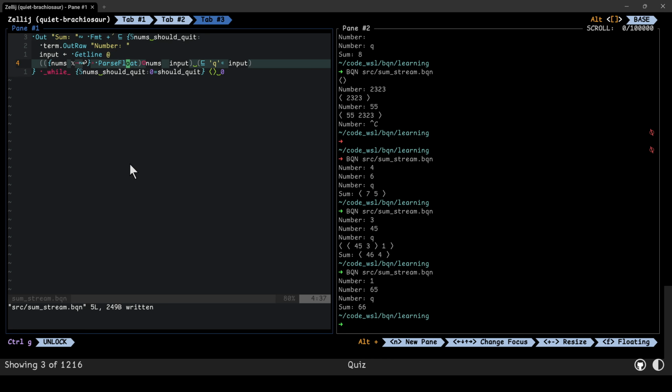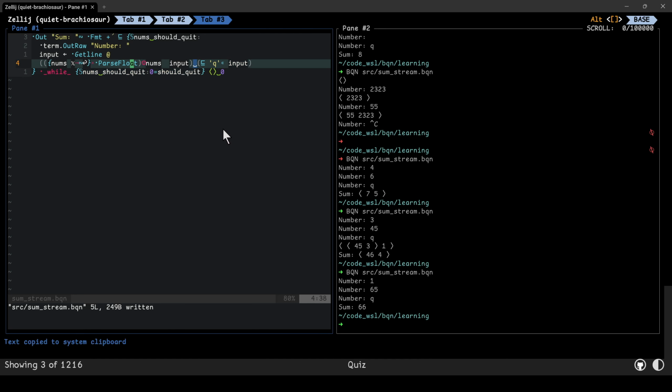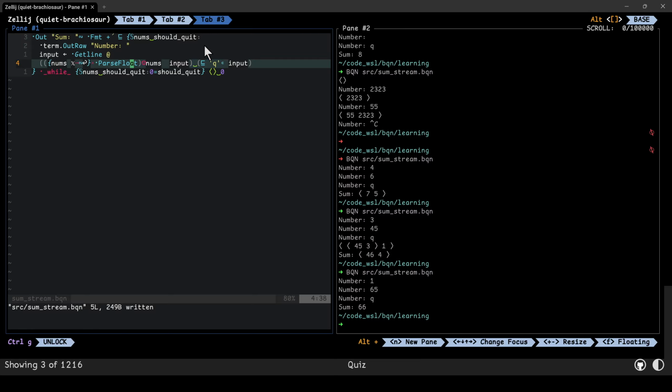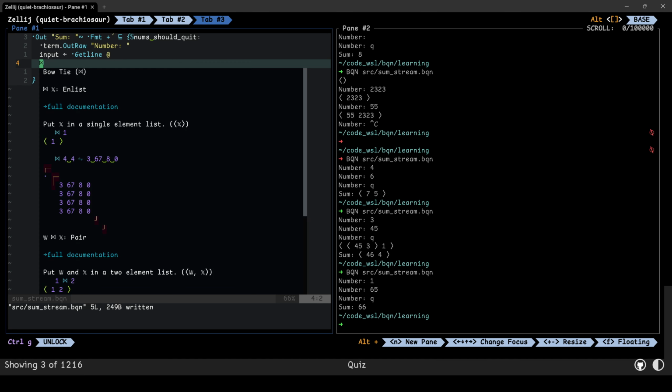Okay, I'm not saying we should always do this, but now remember I was talking about how input is being used in both these places, and we didn't have a reason to do anything with them together. Well, we do now because we want to replace this little underscore thing with a pair or enlist or something, whatever this Z one is, whatever this guy is. Enlist. Pair and enlist. We're talking pair. Okay. So now,